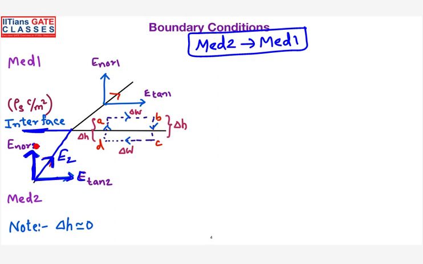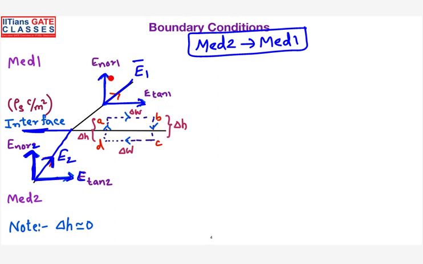So if you resolve the electric field vector parallel to the interface, you can call it a tangential component. If you resolve the electric field vector perpendicular to the interface, you can call it a normal component. So is it clear? Yes. So similarly, this is your electric field in the first medium, right? So let me call it E1, the electric field in medium 1. Similarly, I can resolve the parallel component, so I call it E tan 1. And this is your perpendicular component. You can call it E normal 1.